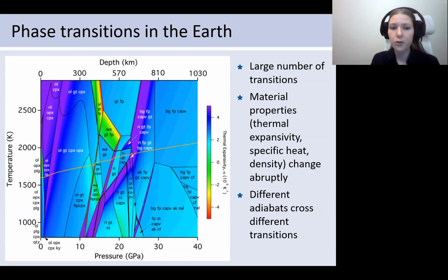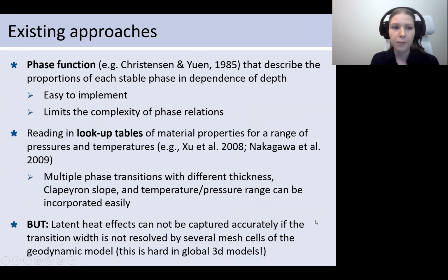So what can we do to actually include all of these effects in a geodynamic model? There have been a number of different methods for modeling phase transitions. One method is the phase function approach, which has been used for a long time. It describes the phase transition as a function like a hyperbolic tangent, which describes the proportion of each stable phase in dependence of depth. The advantage of this is that it's easy to implement, and it's also easy to change variables like the Clapeyron slope. The disadvantage is that each phase transition has to be implemented by hand, which limits the complexity of the